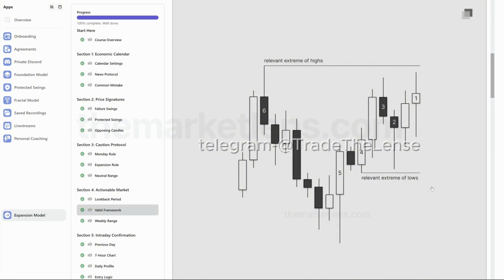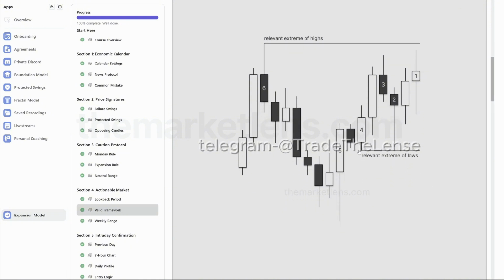The way that I view these things is, let's say this low, you could call it a protected swing. If the market were to run this out, because when we have swings in the market, the first general idea is a manipulation. If the market were to run this out, let's say it goes all the way down here and then starts